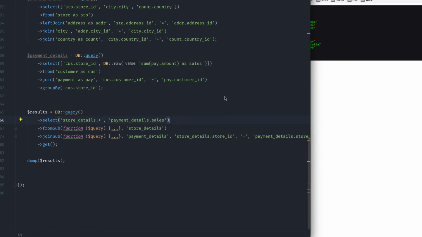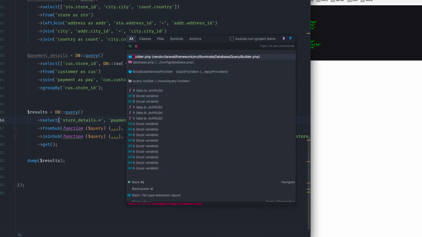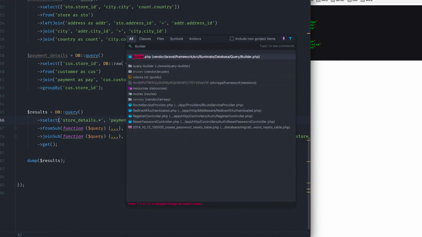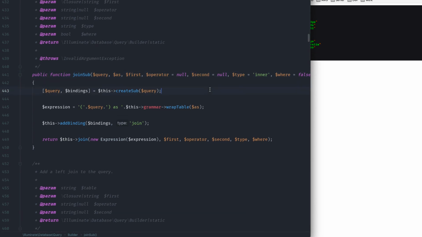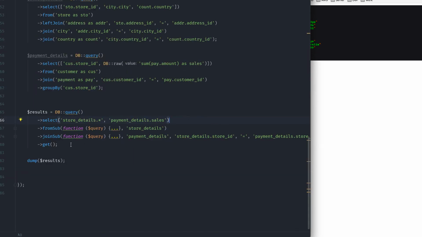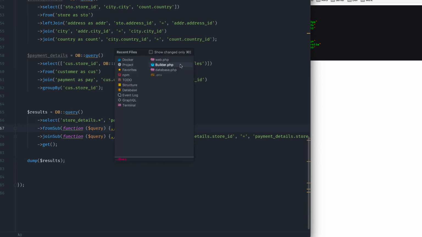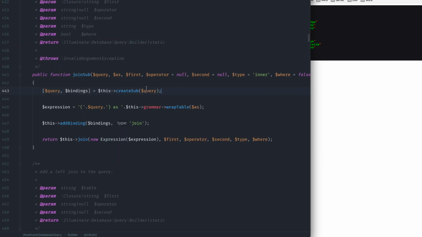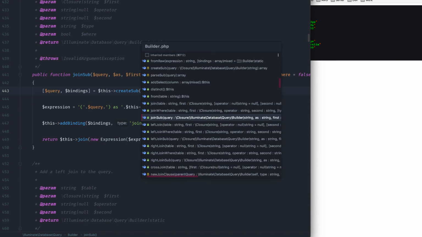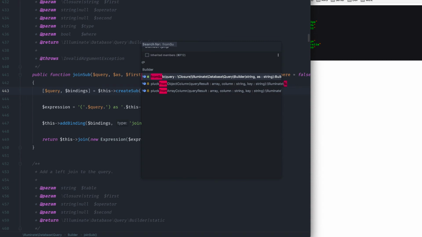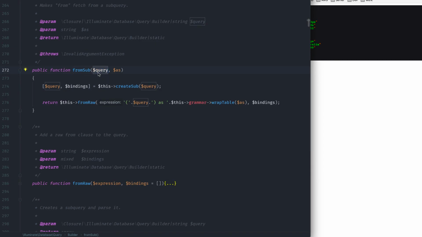So whenever you are a bit stuck and you don't know if you have these methods available to you, I would highly recommend that you go to the builder class, the one that Laravel comes with, right? And then you can have a look. So we've used now fromSub and joinSub, right? And if I look, so fromSub, there we go. So you pass in the query, which we did, and you can just alias that. Great. And then if you look at the joinSub,